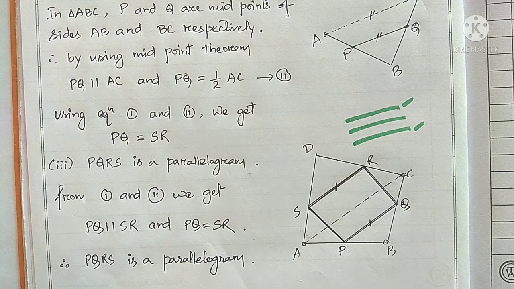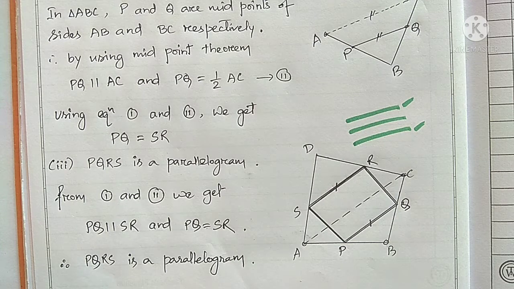So this one is the solution of the first question. Whatever question is given in exercise 8.2, the solution is this one here. The three questions are here and the solution is already given. So you have to copy this question and solution properly. In our next class, we continue from question number 2. Is it clear? Okay, thank you.